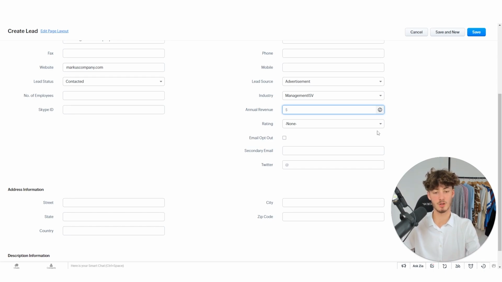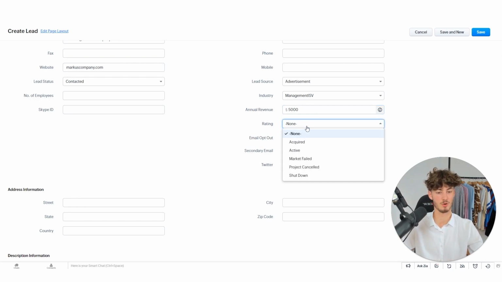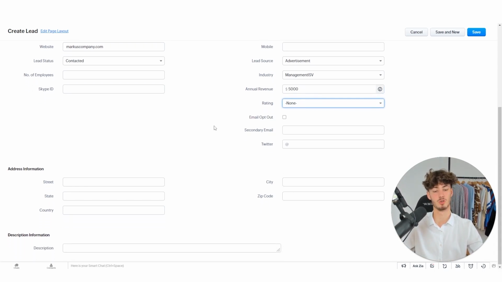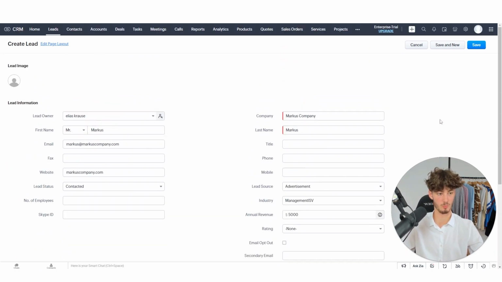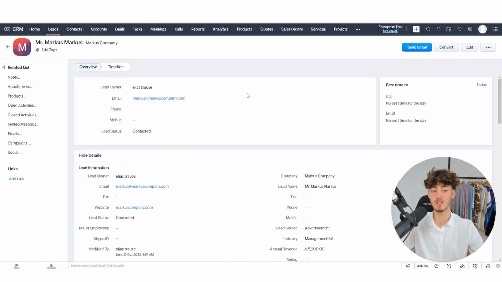So let's say that Marcus on average is going to get us an annual revenue of $5,000. And then as for the rating, if we would want to, we could also set that right here. We can also set some description information and address information if we want to. But for now, I will just click on save, and now we are going to be redirected to the lead